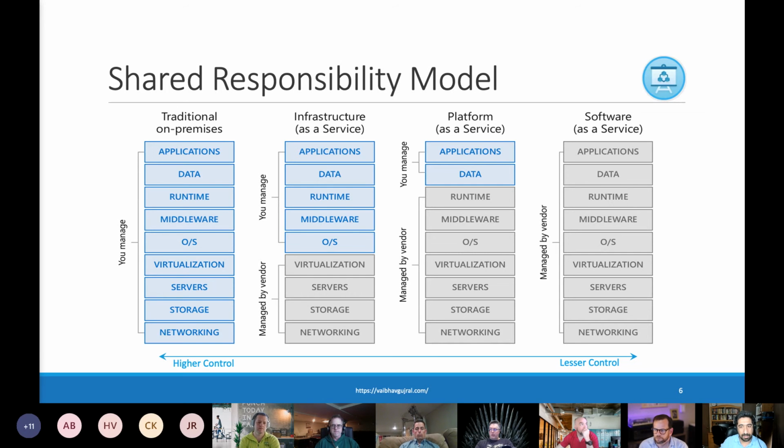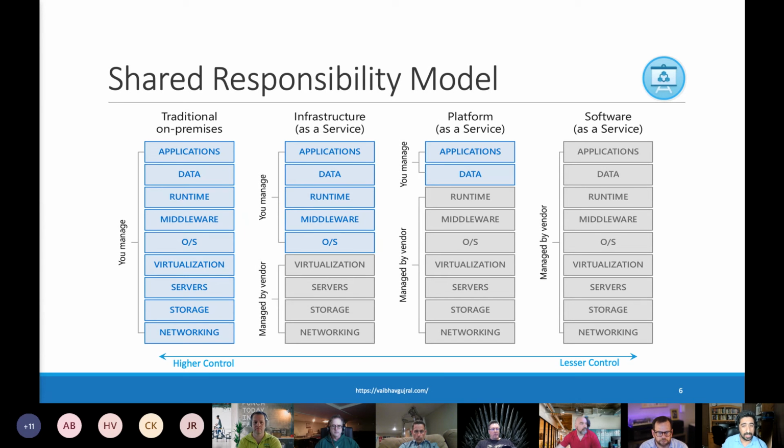When we speak of any public cloud, it is very, very essential to understand that cloud works on a shared responsibility model. If you think moving the workloads to the public cloud will make the cloud provider responsible for everything, then you are mistaken. It's a shared responsibility between you as a consumer and the cloud vendor. Unlike a traditional on-premises environment that you are seeing towards the left, where you are solely responsible for everything,